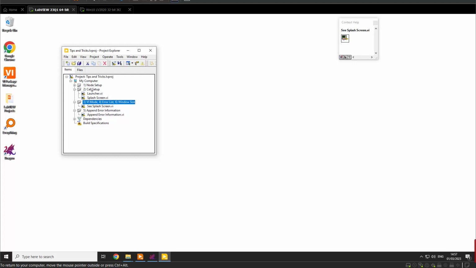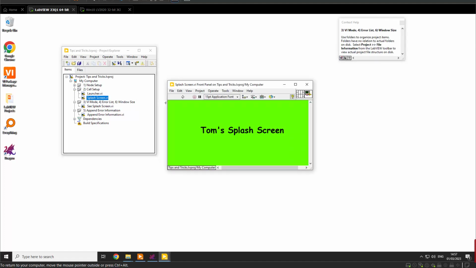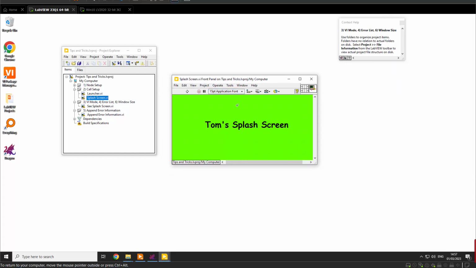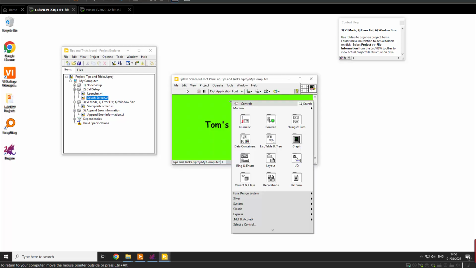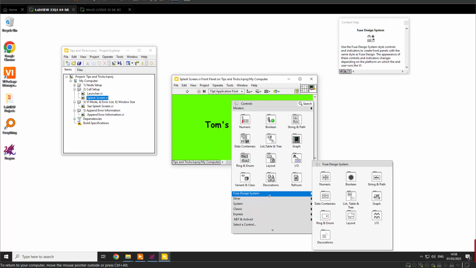The next thing I want to go through is the VI mode. Let's say you just want to see how this splash screen is going to look at runtime, in run mode. Just do Control M, and it will give you a preview. It will change the VI mode from edit mode to run mode without actually running the VI. And Control M again. And that's super handy for things like, if I look at the new Fuse design system controls,